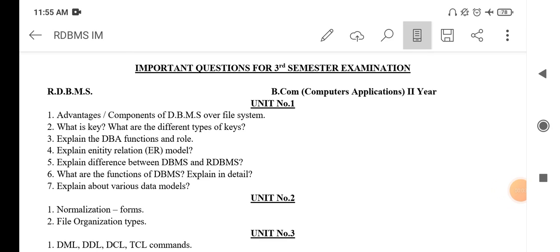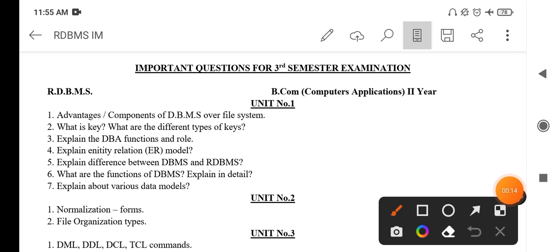Dear students, here are some important questions about the RDBMS subject, BCom second year, first semester. So, Unit 1, the first question from Unit 1 is advantages or components of DBMS over file